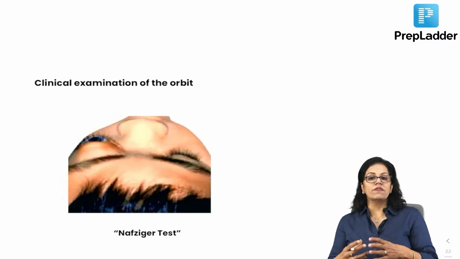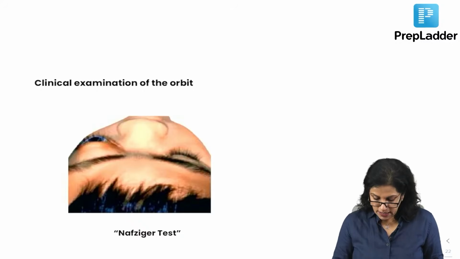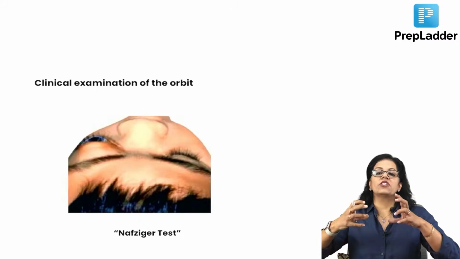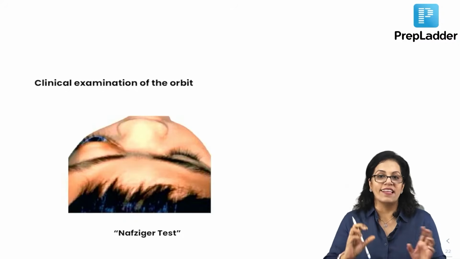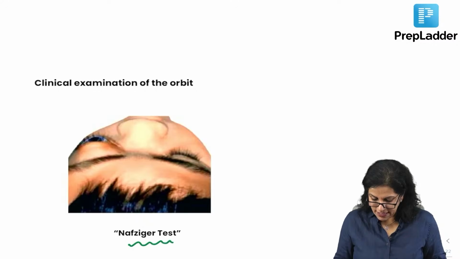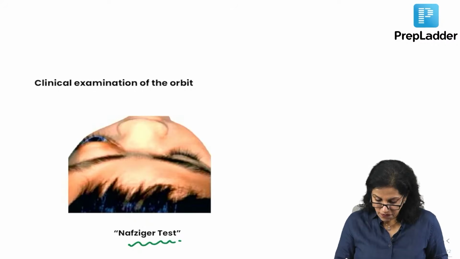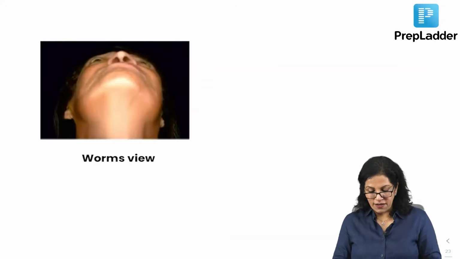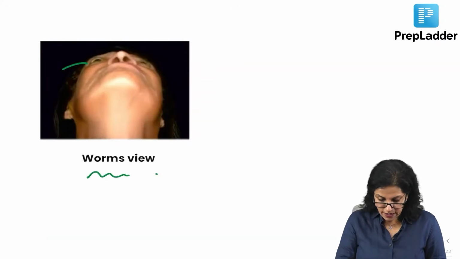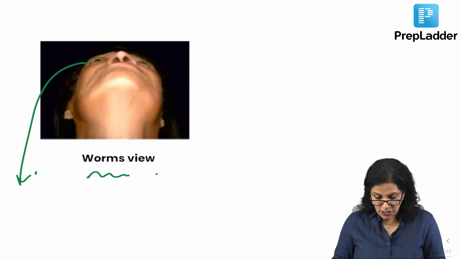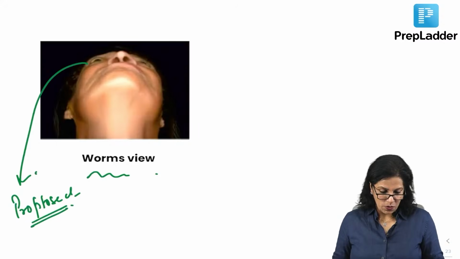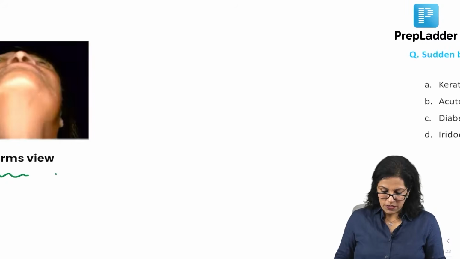And apart from the exophthalmometer, how can we examine it? On examination, everybody remembers, you are standing behind the patient, you elevate the chin. If one eye is protruded, it will appear first than the other. This is what is called Nafziger's test or Nafziger's sign. So, we will not forget this. This has been asked. And another clinical view, if I am looking from the front, what is that view called? This is called Worm's view. And here, how do you see? You see in this patient, her right eye is proptosed. Okay, in this patient, it is the right eye which is proptosed. So, that was about this question.